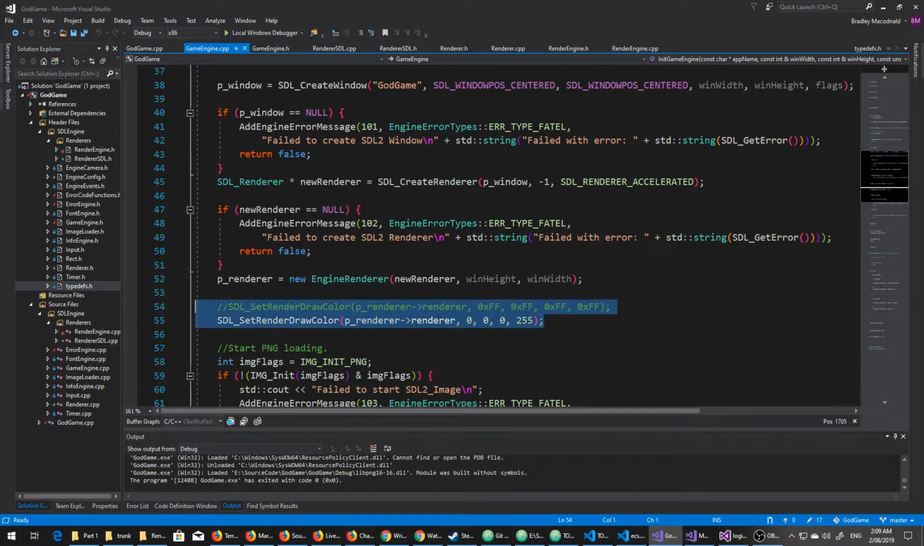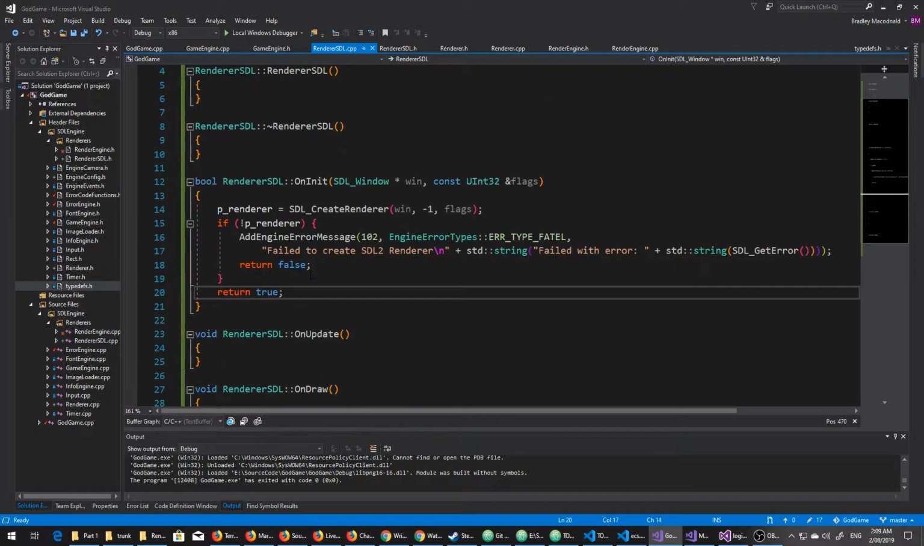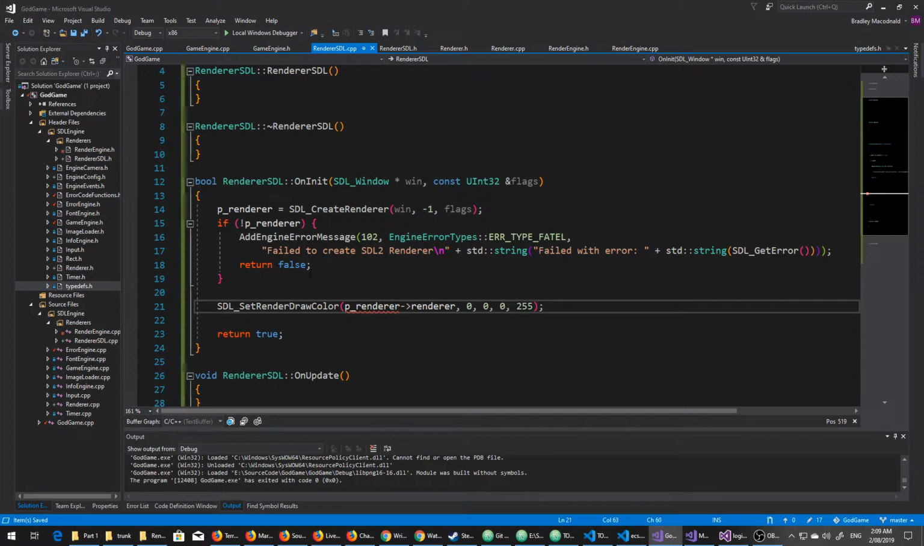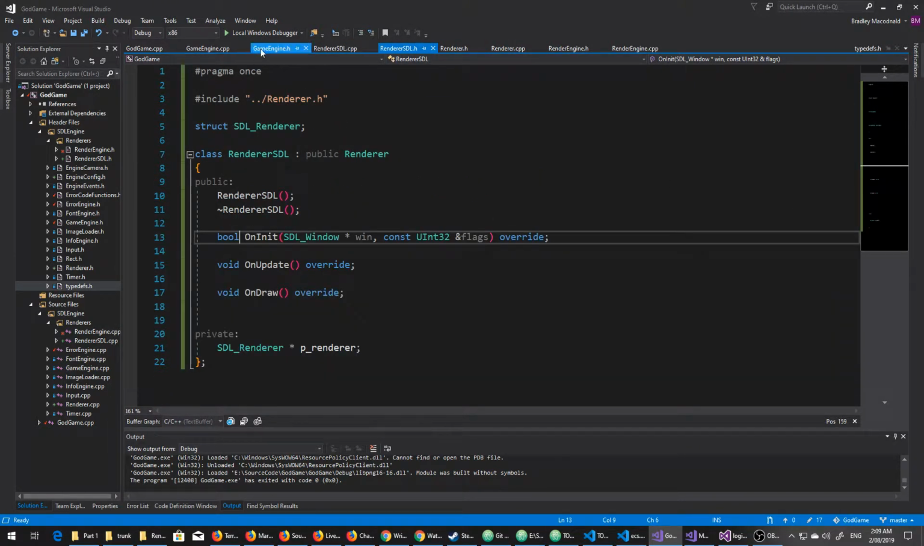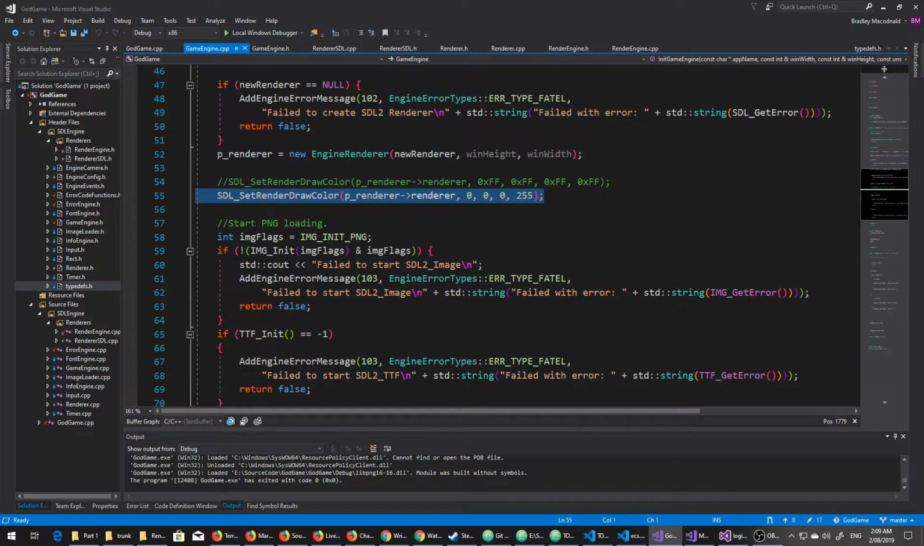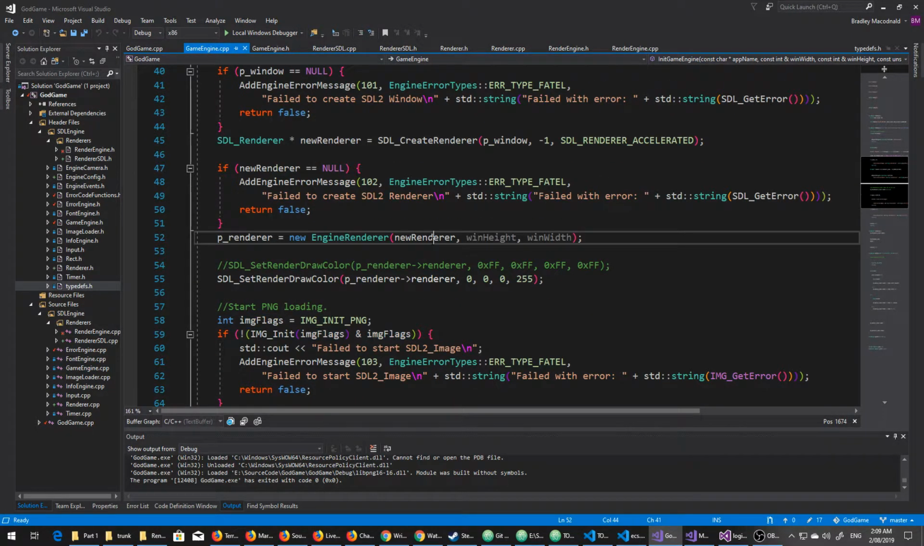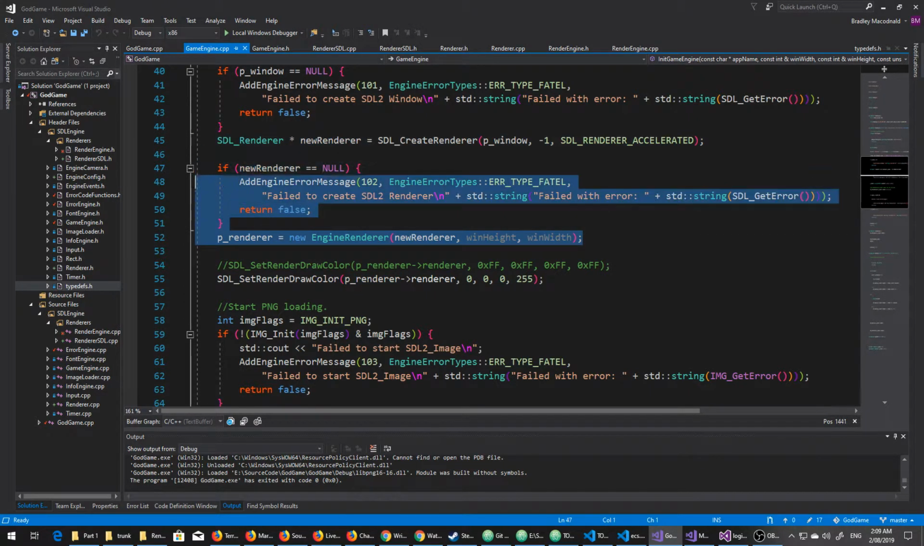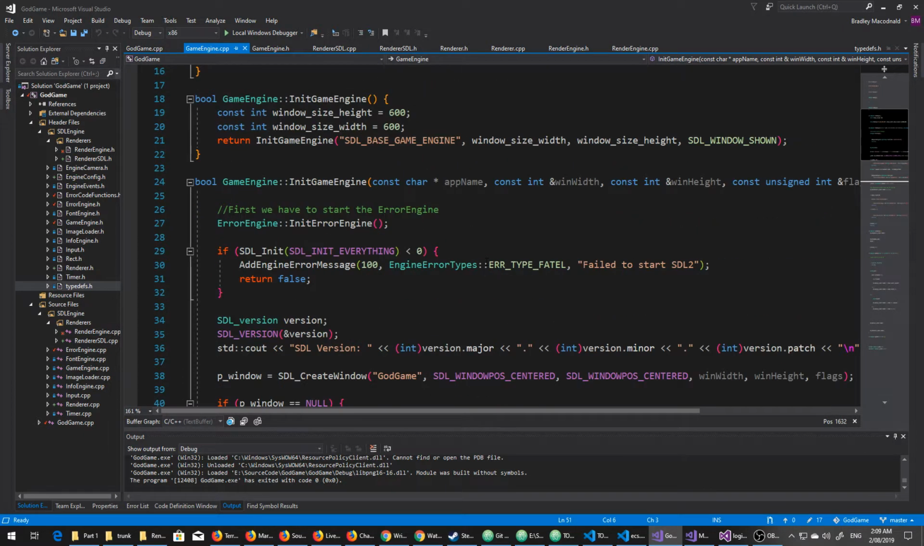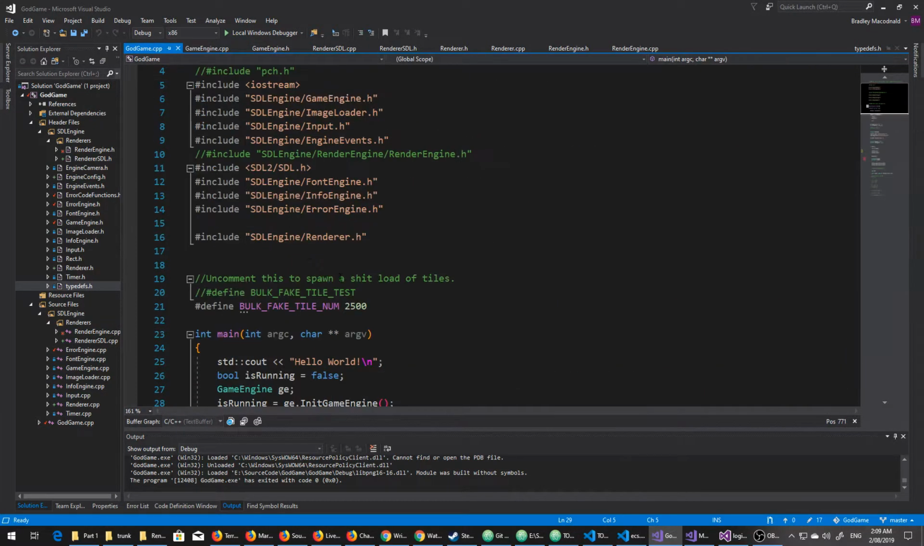Set draw color. 2 in here. But we don't need to do this. Let's do that. Then what else are we doing? And that's it. That's all we need to do. This will change because it's going to be calling it up here. So it's going to be